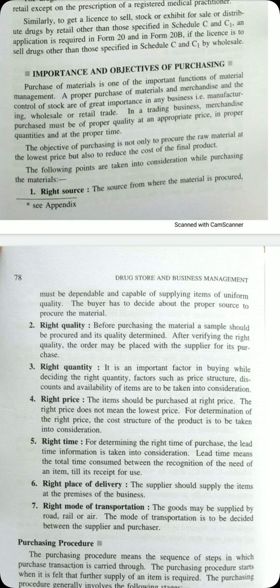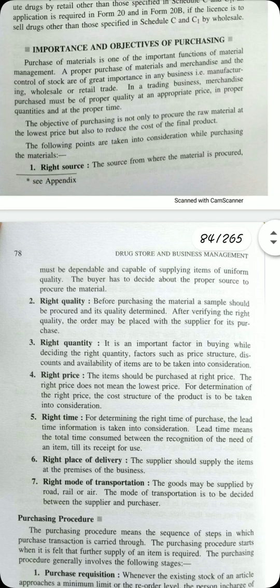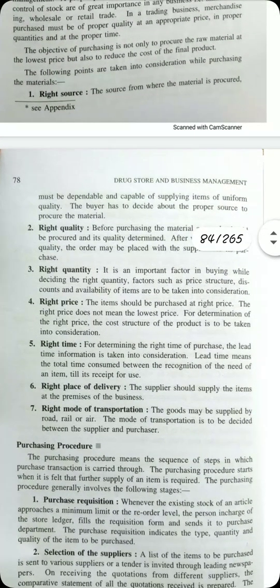While purchasing, we should consider the following points. Right source, meaning from where the material is procured. Next is right quality. Quality is a very important criterion for the selection of any material. The next is right quantity. While purchasing, we should be aware of the quantity of the material. Next is right price. The item should be purchased at the right price. Next is right time,